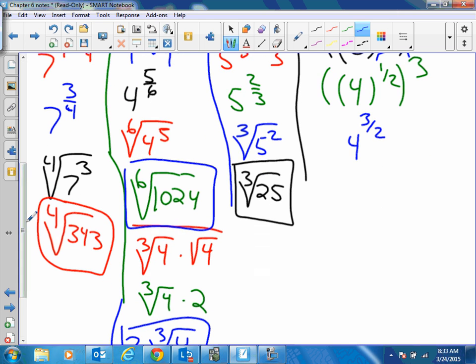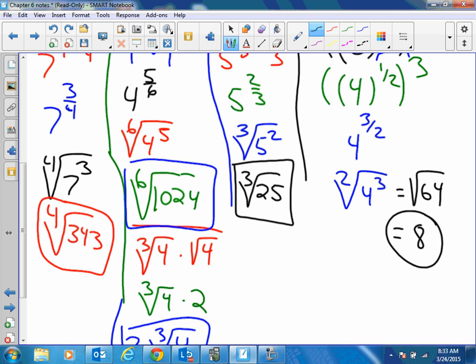So if I rewrote that, okay, it would be the square root of 4 cubed, okay? And the square root of 4 cubed is 64, so we'd have the square root of 64, which just equals 8, okay? Could have done that another way too. You could have done 4 to the 1/2 is 2, and then 2 cubed is 8. There's a bunch of different ways you could have got the 8, but the main thing is that you get